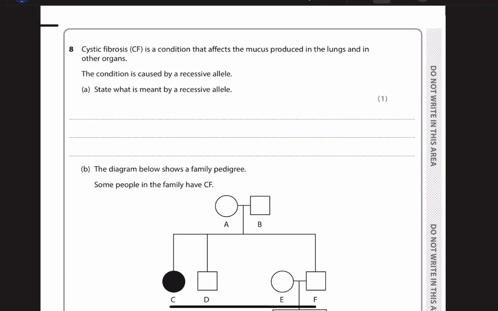Cystic fibrosis is a condition that affects the mucus produced in the lungs and in other organs. This condition is caused by a recessive allele. State what is meant by recessive allele. This is a surprisingly difficult question because it's something that you know what it is, but how would you define a recessive allele? There's loads of ways to define it, but the one that is